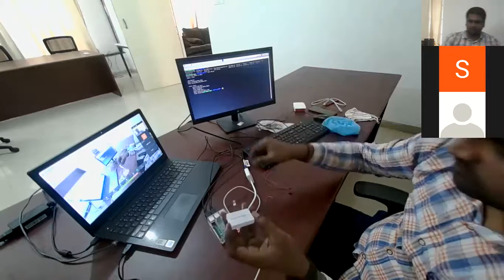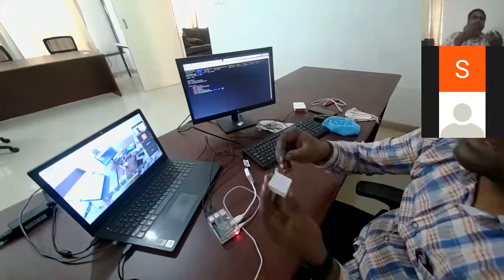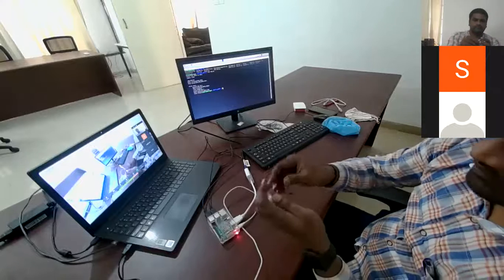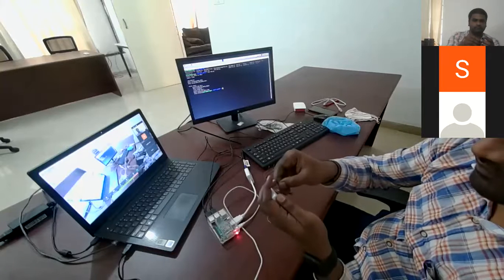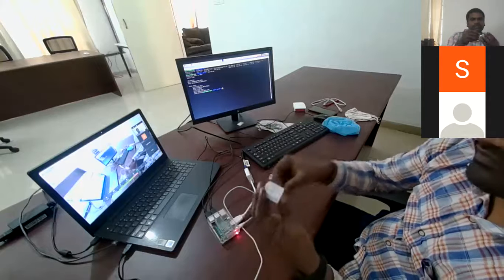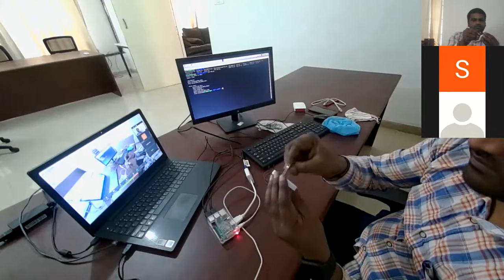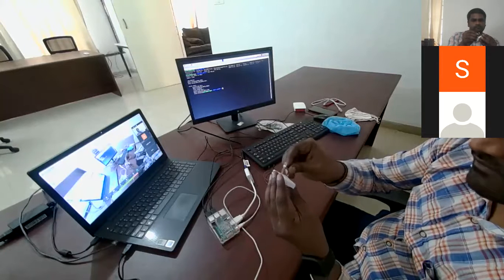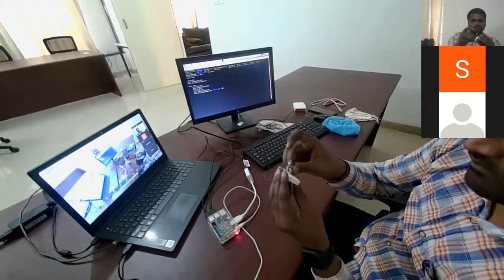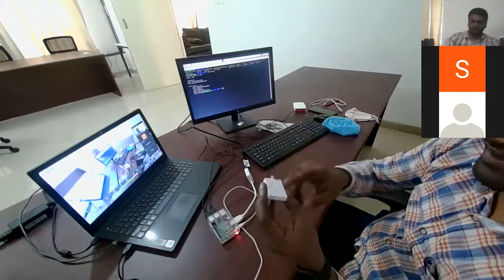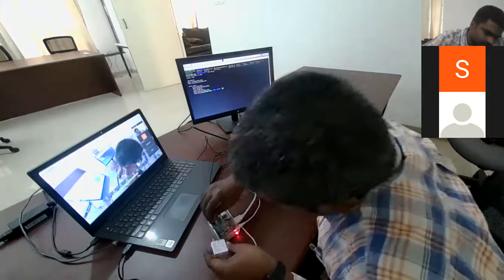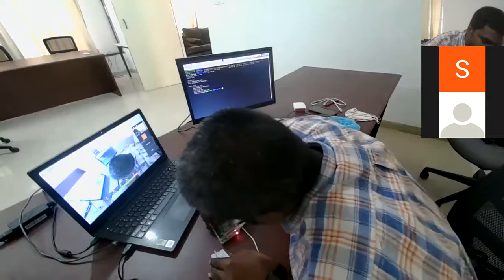Okay. Next, I'm using a resistor. Okay. So I want to connect pin 18, right?